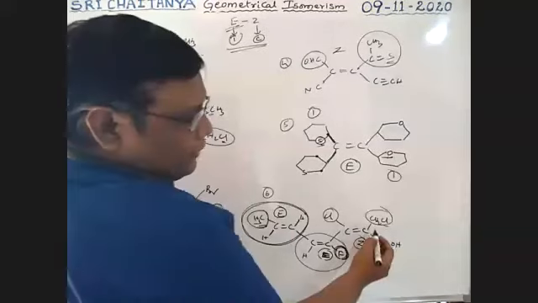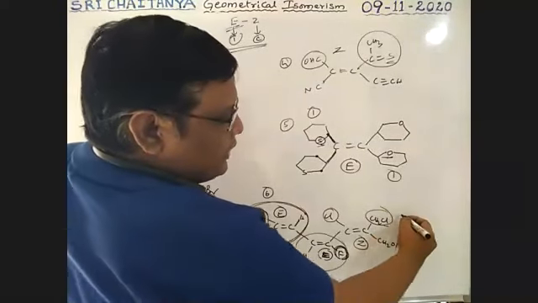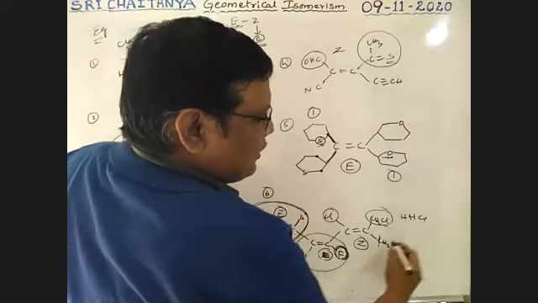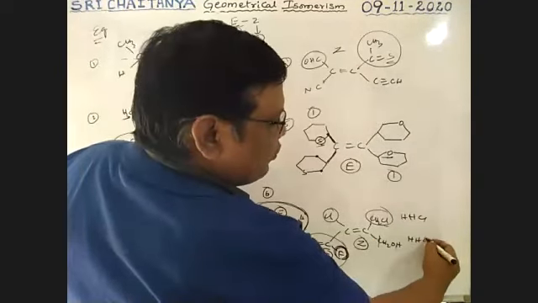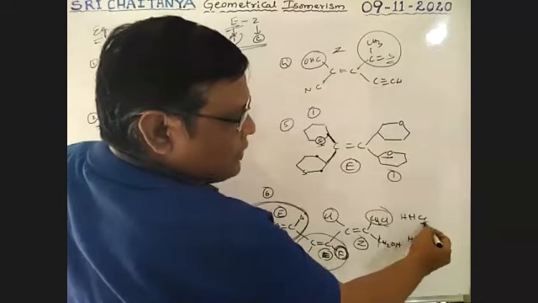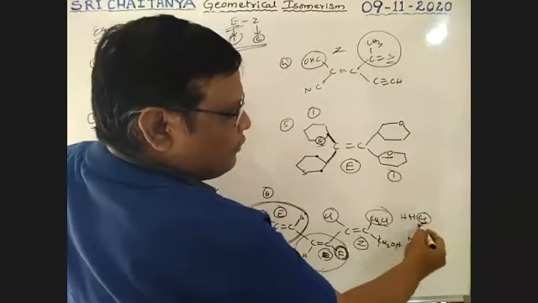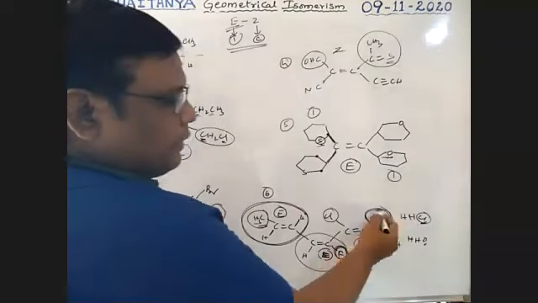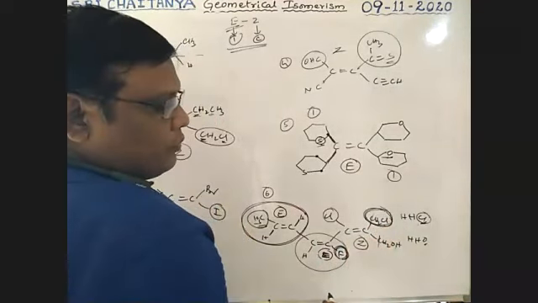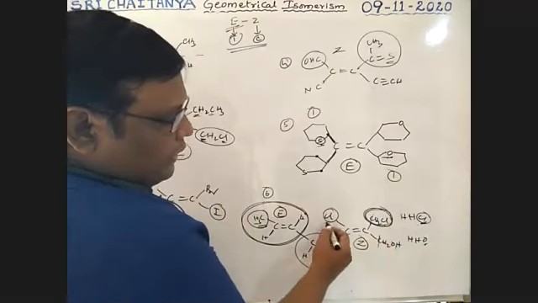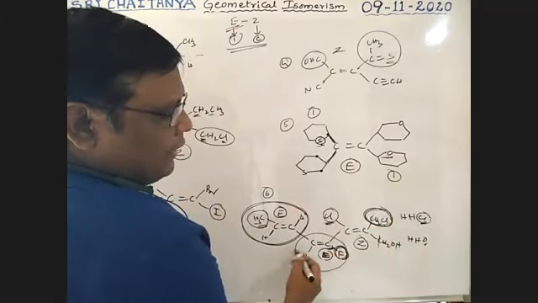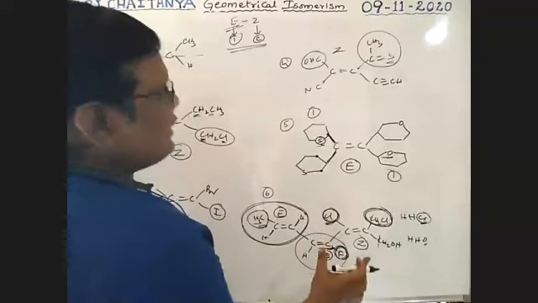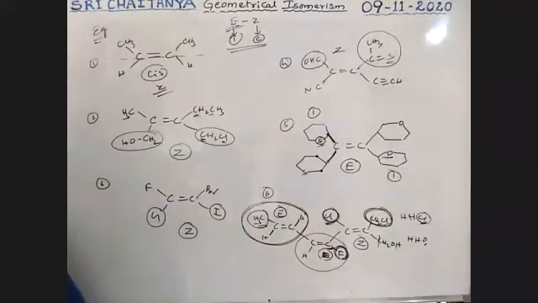Next, here, CH2Cl, so carbon with H, H, Cl, boys. And here, H, H, O. One of them has the higher atomic number. Chlorine has more priority among these two. Next, among these two, here chlorine is directly attached to carbon. Chlorine has more priority. So that means it is cis. Cis is nothing but Z format.